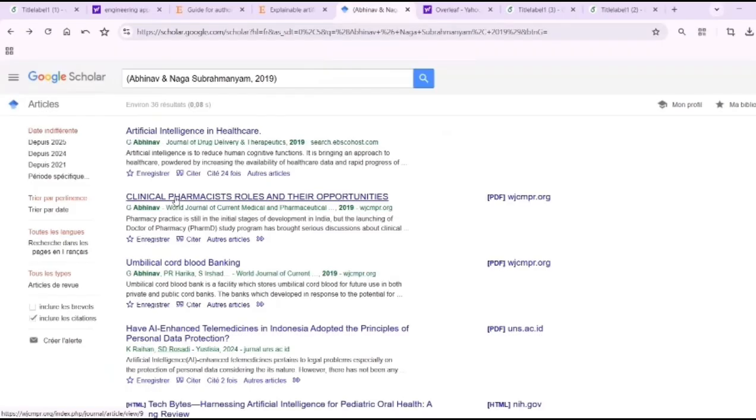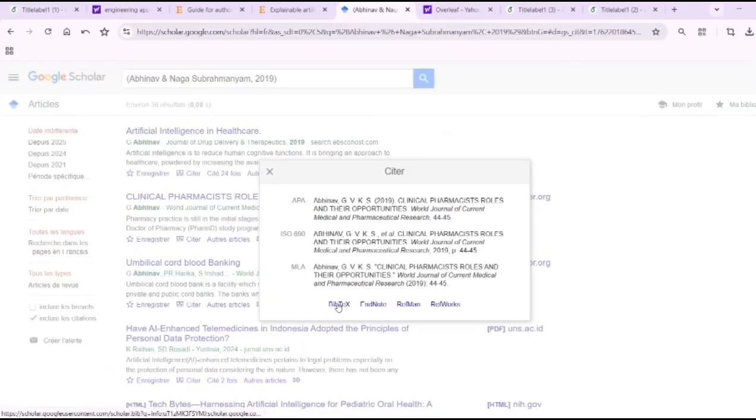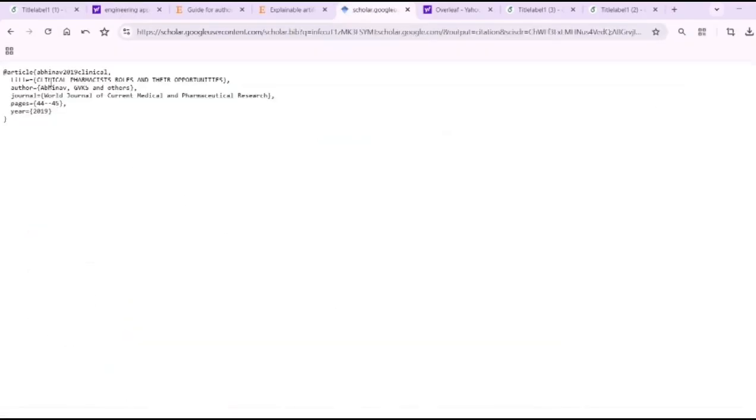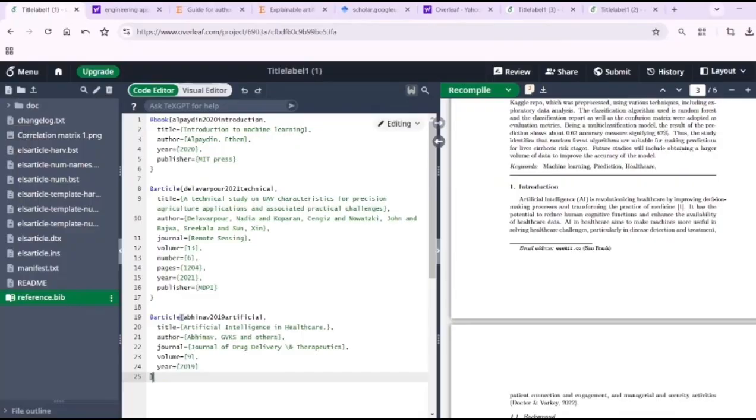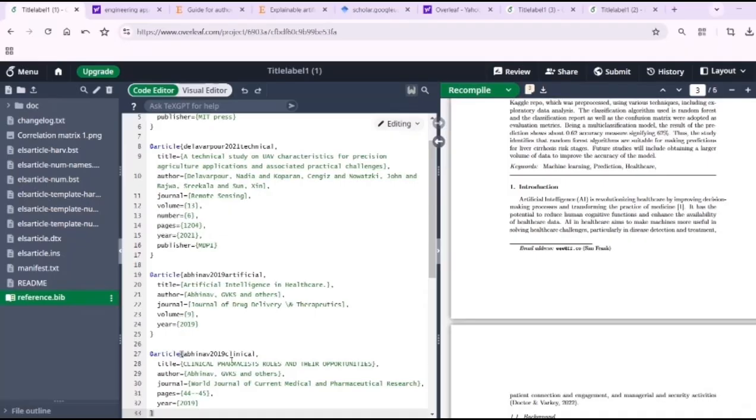So if it's this article you want to cite, you see here, cite. Once you click on it, come to BibTeX. So you just copy this part, Ctrl C, and come back here. Just press enter to a new line and put it there. So once you cite, it will